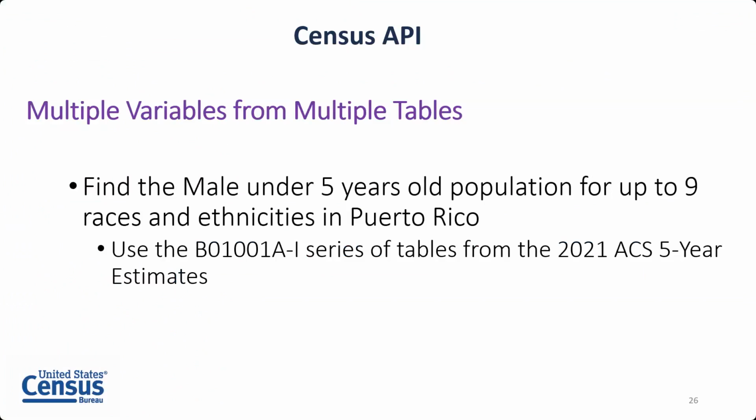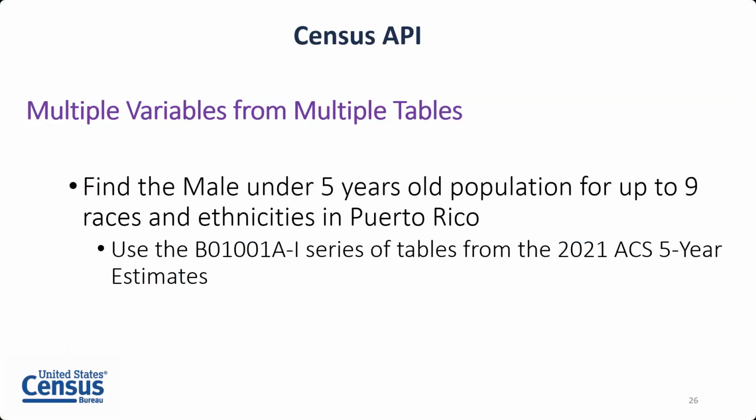some of you may have looked at that last one and thought, okay, this is useful, but I can just get populations of all municipios from something like data.census.gov. So what I wanted to do was show a common use case I've heard from data users in the past, where perhaps using an API query could be more efficient than going to another data source or something like data.census.gov to pull data from.